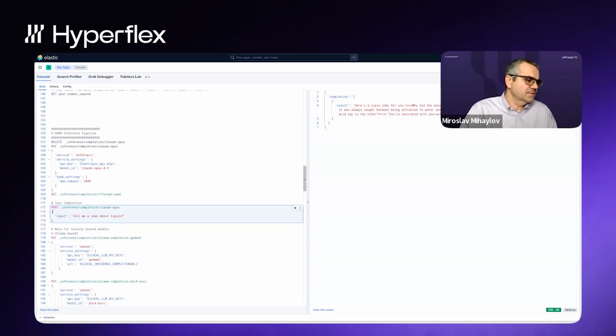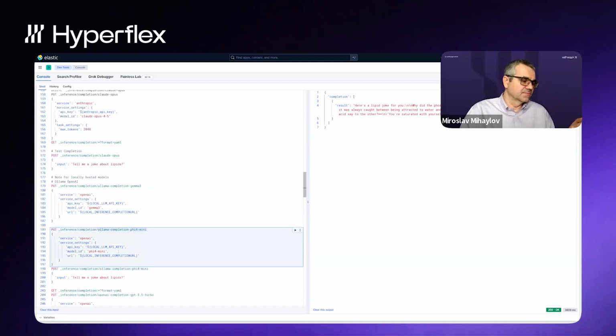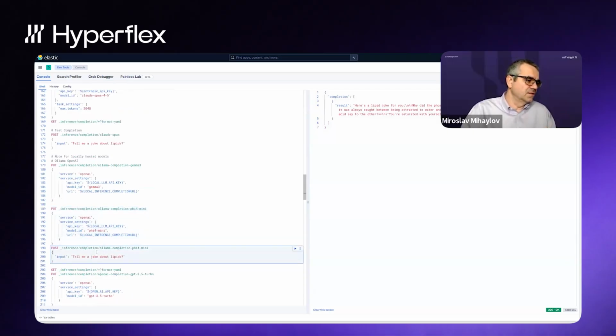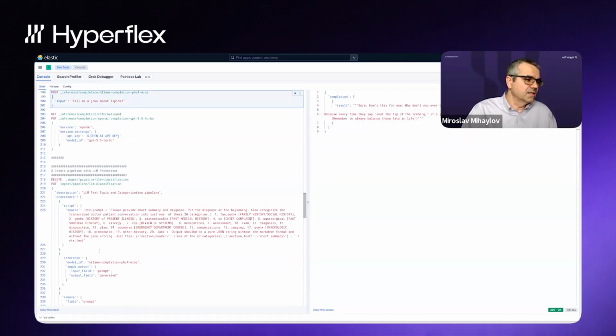Similarly, for the local models, I created two of them. One of them is with Gemma 3, which I called Ollama chat completion Gemma, and the other one is with Phi-4 mini, which is also in the Logstash demo later on. And again, this is calling a locally hosted Ollama in my home lab here, running off of GPU. Let me test the Ollama, make sure it's there. Yeah, it is here, okay. The Ollama Phi-4.